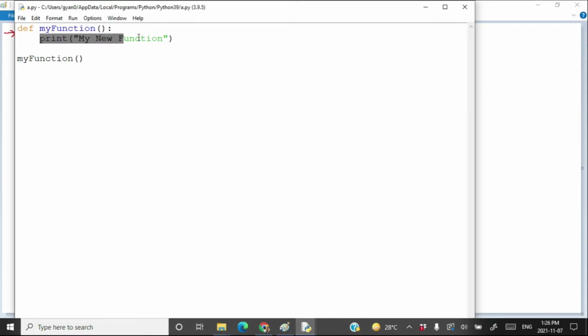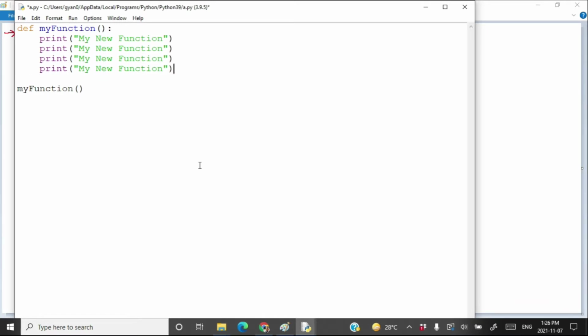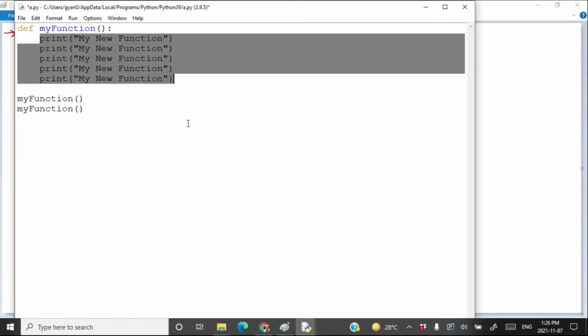Now suppose that we don't have to print just one statement, we have to print multiple statements. We have to print say 99 statements. Whenever you call my function, every time all the statements written in the function body are going to execute.